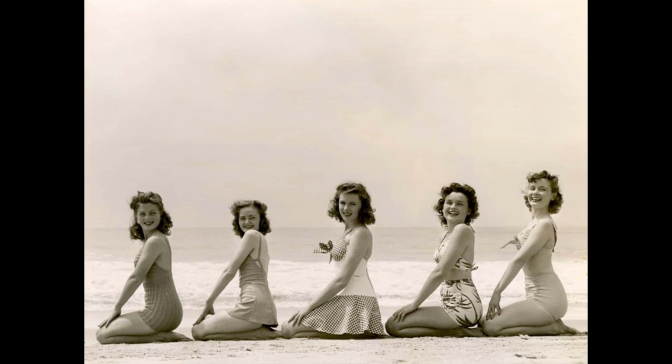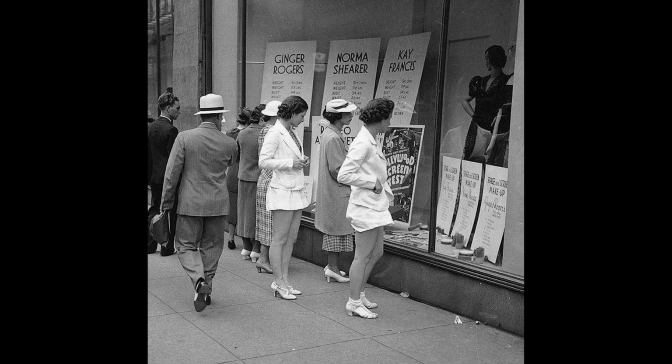These are the Beach Bunnies in 1950, effectively beauty pageants which would take poses for magazines. And finishing off with this very interesting photo, this was window shopping back in the day in 1937. As you can see here, lots of text everywhere and not that many things on display, at least in this